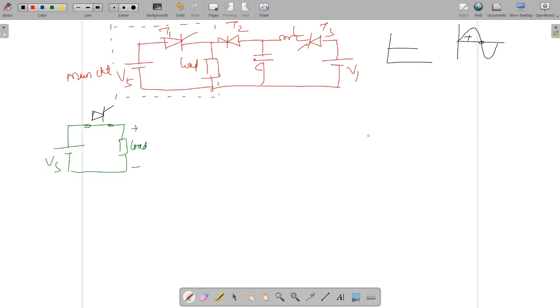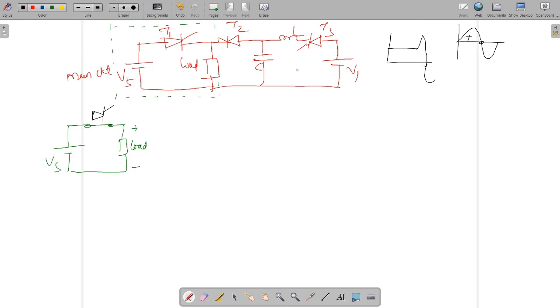So for creating the artificial zero, you need some external element, some external passive element. So there you have the inductor and the capacitor, and you have already studied that if you're having the LC circuit, then you can create the oscillations. So here you have to create the artificial oscillations forcefully. So now in the first wave, you can see when this wave touches this value, you will get the artificial zero. And when you are getting the artificial zero, at this point your anode current will be less than the holding current. It means you are turning off your main SCR.